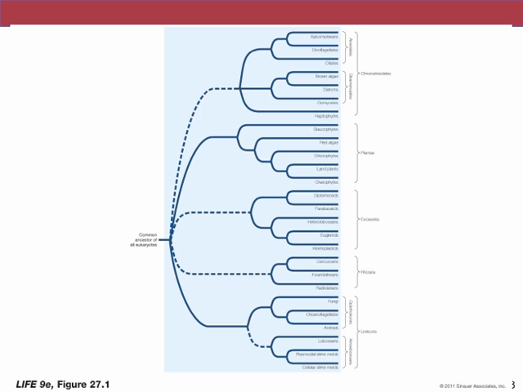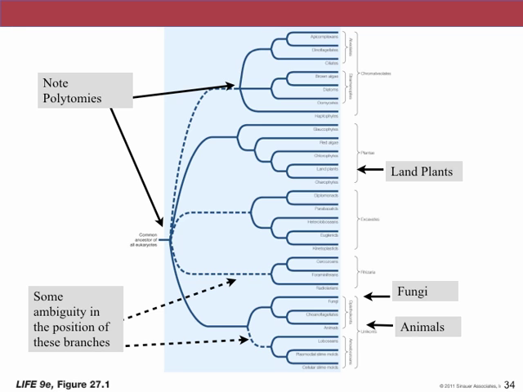If you look at this tree, note that there are polytomies in this tree. There are also these dashed lines in the tree. In essence, you can view this tree as being ambiguous for everything below the common ancestor of each of these 5 major groups. So you should focus primarily on these 5 major groups here. This one here, this one here, this one here, this one here, and this one here. Those are the big lineages of eukaryotes we're going to spend a lot of time talking about. I'm going to go through the details of some of the subgroups because they're interesting and important, but the thing you should focus on a lot are those 5 big groups.